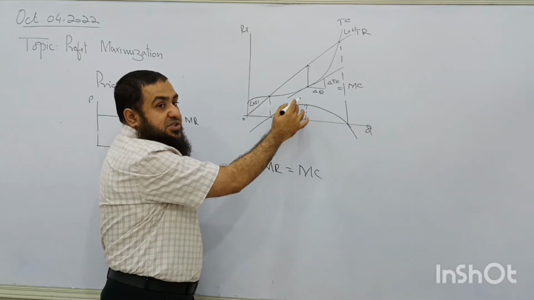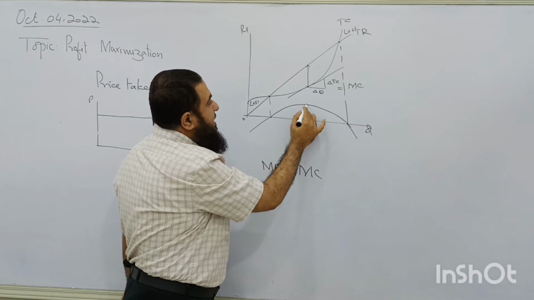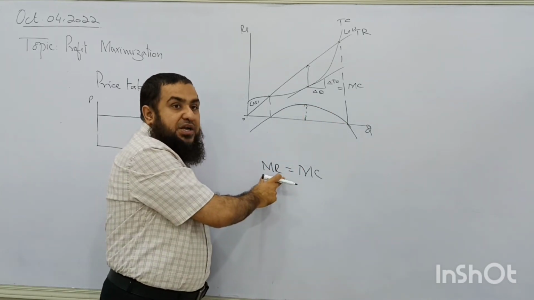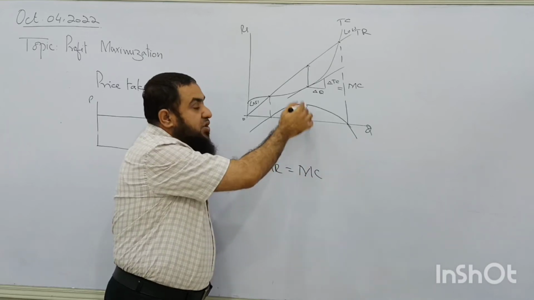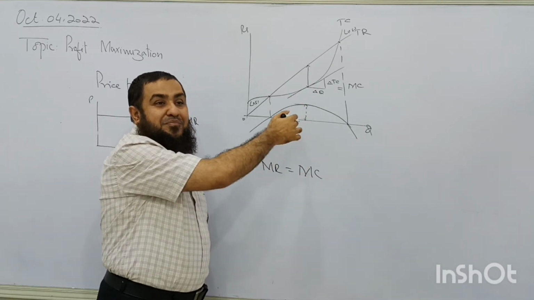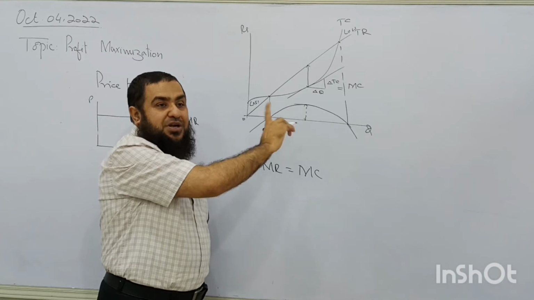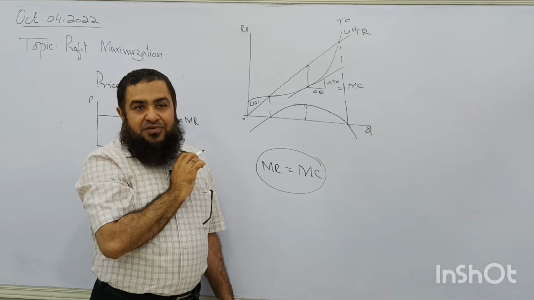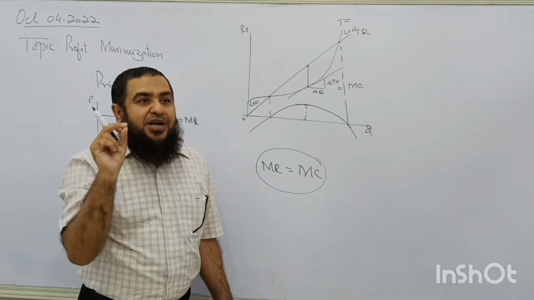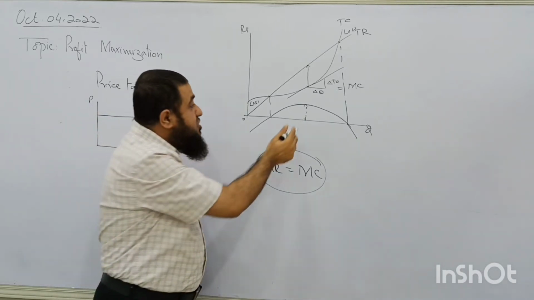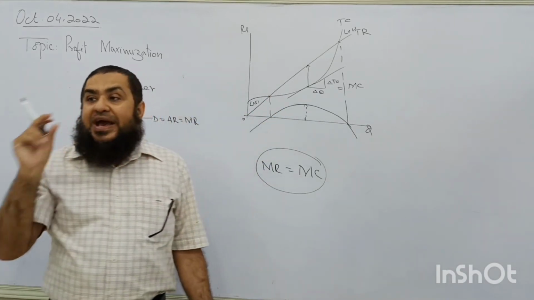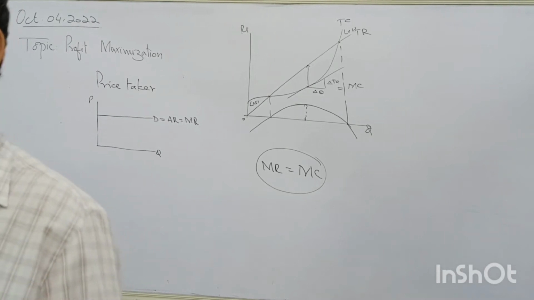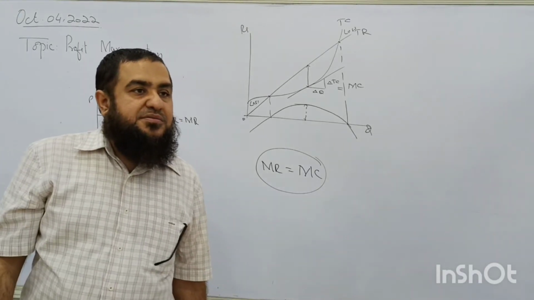It is zero slope. If you draw a tangent, it has a zero slope. So that means when marginal revenue is equal to marginal cost, total profit is maximized. Total is maximized, marginal is zero. So when this condition is fulfilled for a firm, it is able to maximize its total profit, or the gap between total revenue and total cost will be maximized. Followed my point or not?